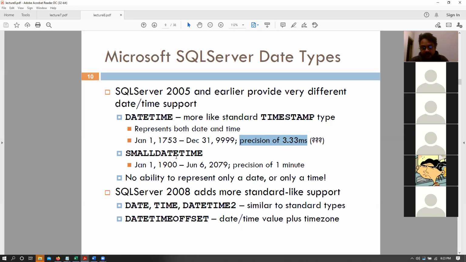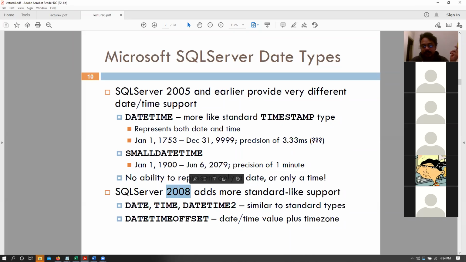And you would note one thing, that they started the year ranges from 1753 just so that they could avoid all the issues with the Julian and Gregorian calendar, right? So that is why they only allowed support for 1753 and onwards. You could also have something called small date time that allowed a smaller date range, from 1900 to 2079, with a precision of 1 minute. It allowed for higher performance, for lower representation space. But again, these became non-portable after the fact, right?